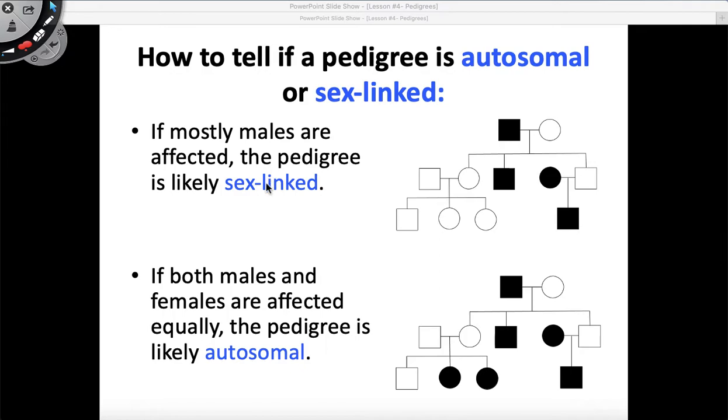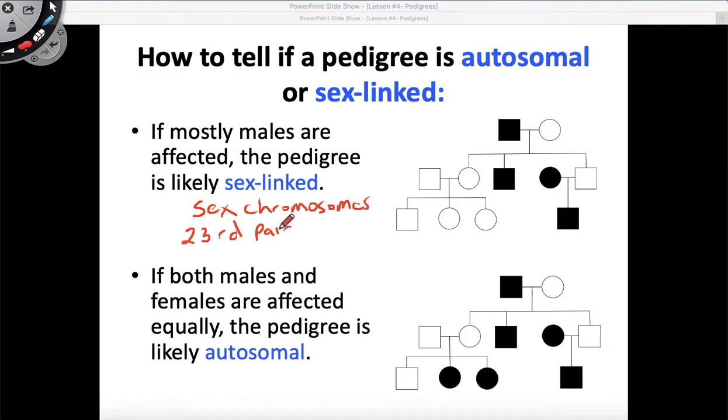If mostly males are affected, the pedigree is considered to be sex-linked. So sex-linked means that it's carried in the sex chromosomes. We are not going to spend much time talking about sex-linked right now, but these are just conditions that occur in the sex chromosomes. So it's the 23rd pair